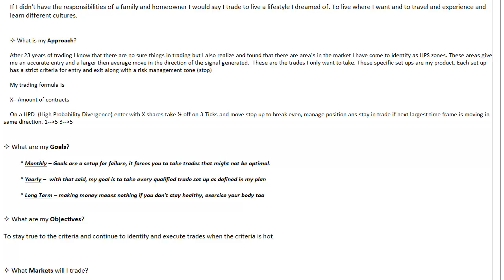Also, compensation, how you're going to be compensated. That's important to put in a business plan. How do you get paid? How much money do you start with? What are the thresholds where you start to move higher? What's your process of increasing your contract size?